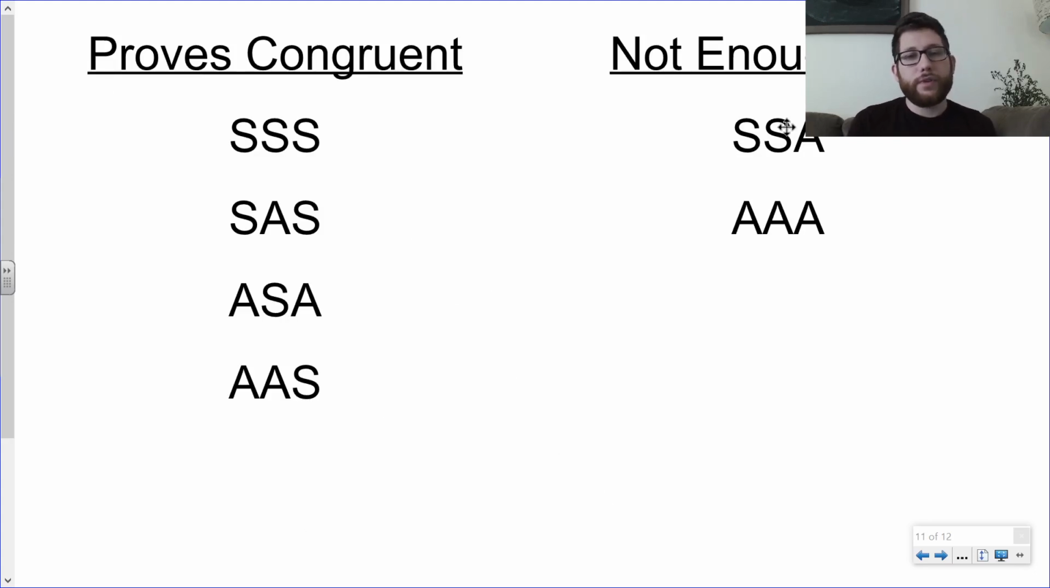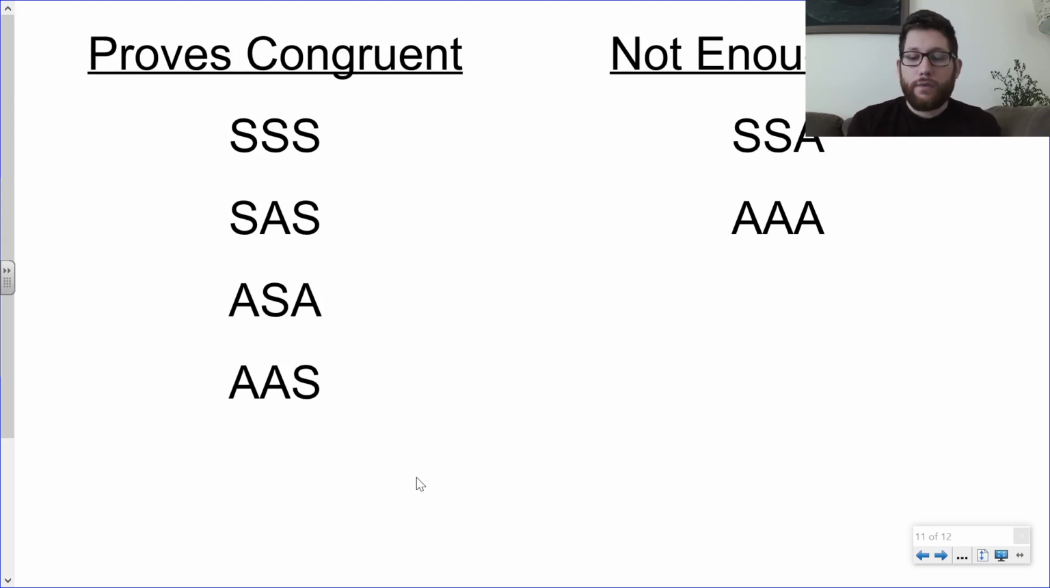So let's review what we've covered so far. We've covered that side, side, side, side, angle, side, angle, angle, side. All of those prove congruency. On the other end, we have side, side, angle, and angle, angle, angle, and those are not enough to prove